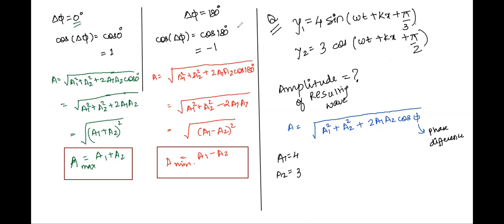What is the phase, first of all? For the first wave, this is the phase. This is the phase for the second wave. Now, tell me how will you calculate the difference of phase? What is the difference of phase between them? See here, this entire term will get cancelled. When you cancel them out, what remains? Pi by 2 minus pi by 3, right? Just by visual inspection, you can get the answer. Need not take your copy and pen.